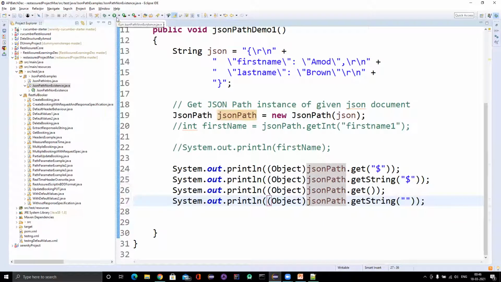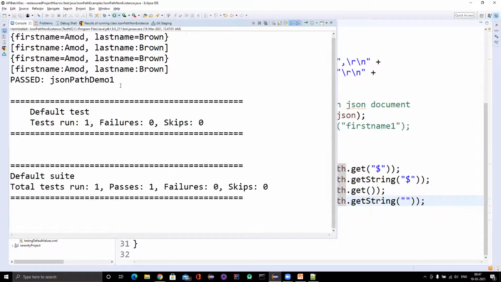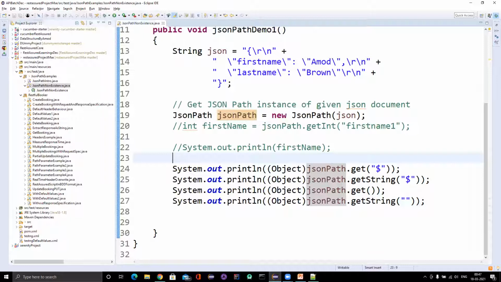Let me run it. Okay, nothing. So this is the difference it makes. If you are casting to object, then it gives the same output as previously.